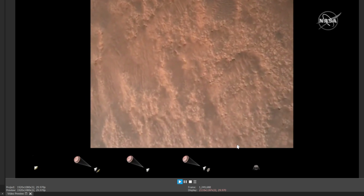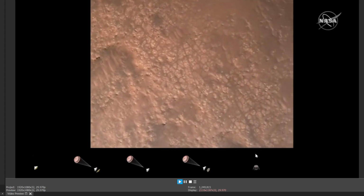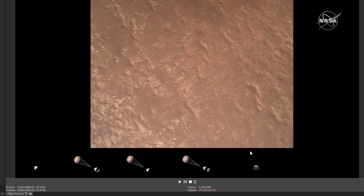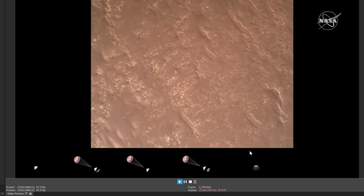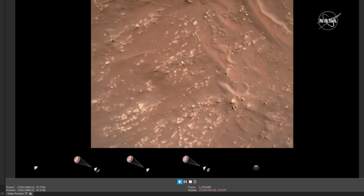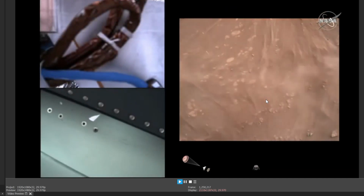We have completed our terrain relative navigation. We're on the engines. Current speed is about 30 meters per second, altitude of about 300 meters. 300 meters off the surface of Mars. We have started our constant velocity phase, which means we are about to conduct the sky